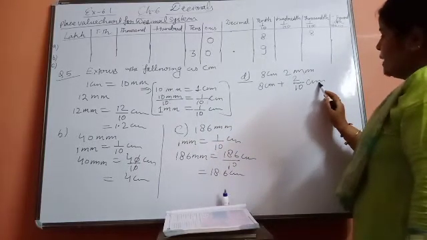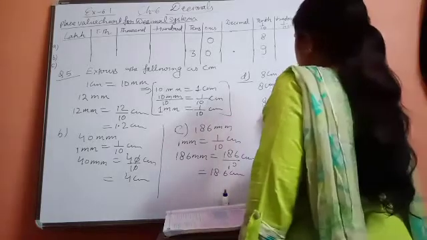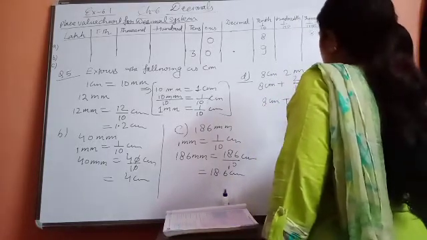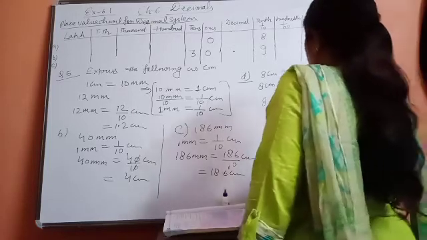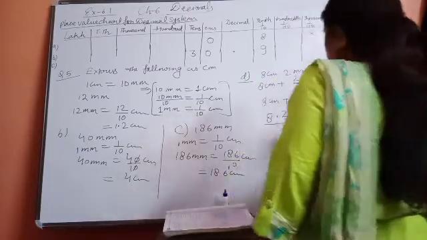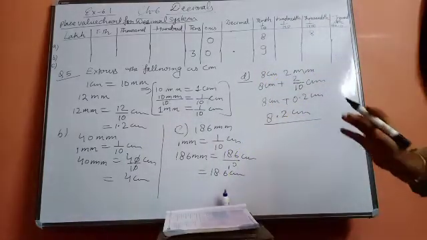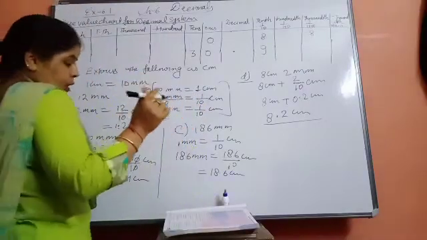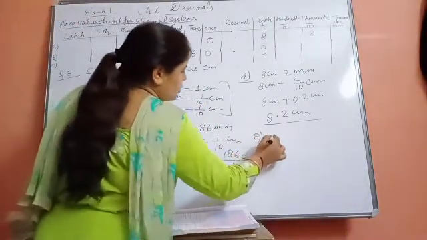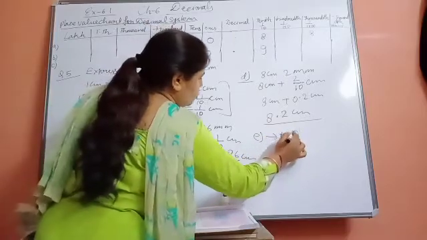So it will become centimeter. So 8 centimeter plus it can be written as 0.2 centimeter. So if you add them, what will it become? 8.2 centimeter. In this way you have to do these kinds of questions. So the last part, beta, that is the E part. The E part of this question you will do in your homework.